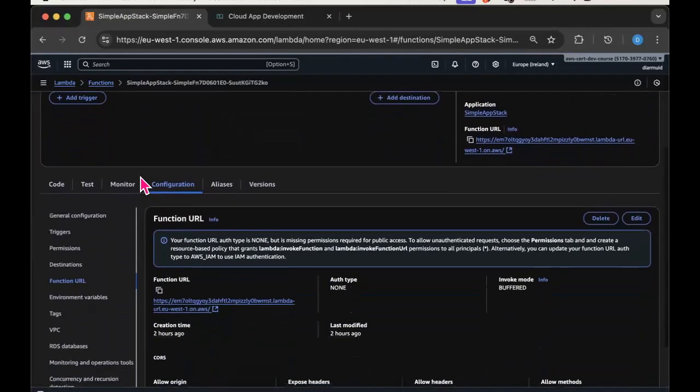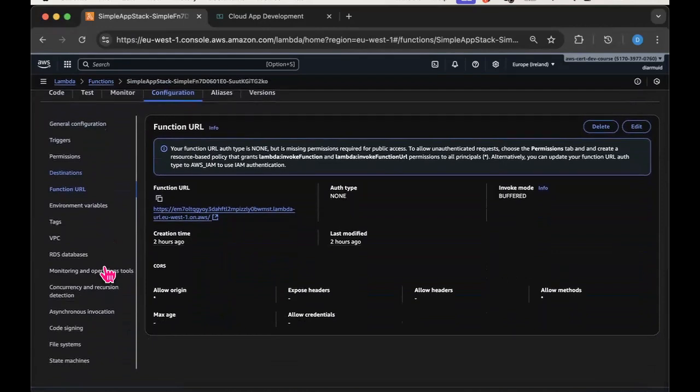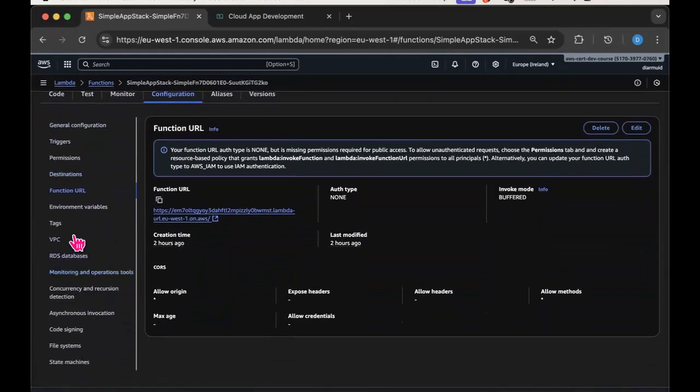And if we look at the configuration, which I have open already, and if we scroll down here on the left, we will see eventually here function URL. And here's the URL that it generated. And if I just navigate to that,